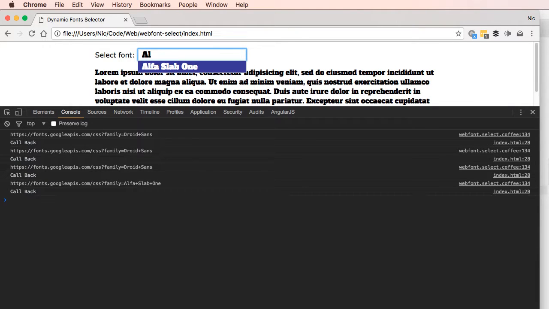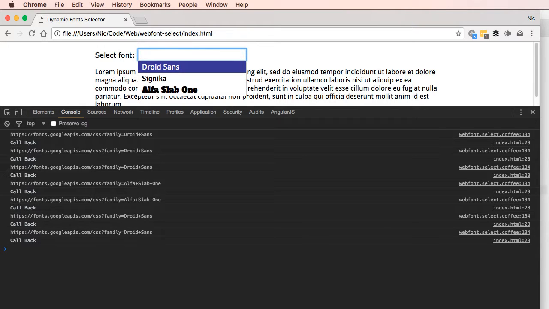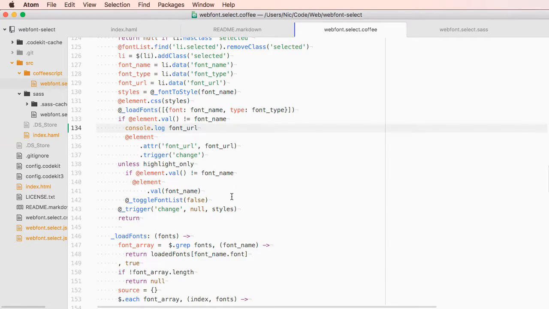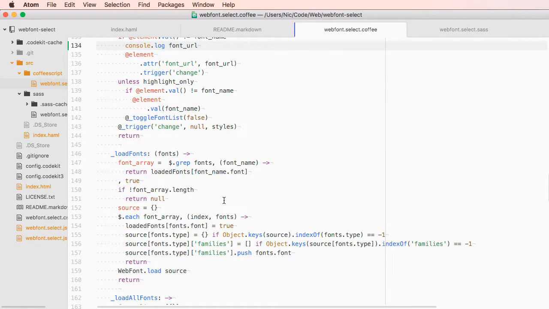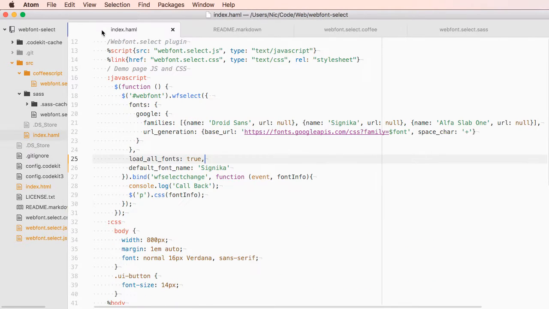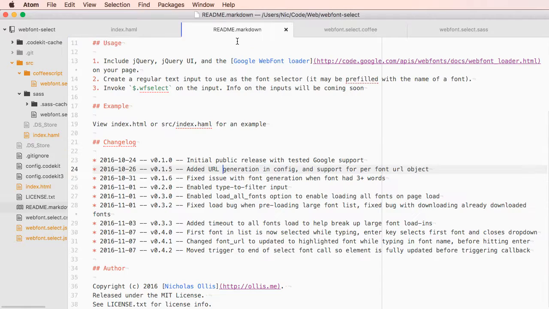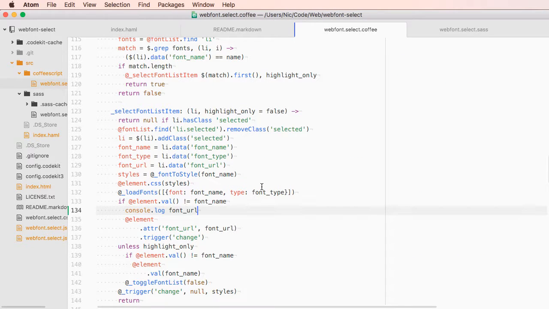So we see we have that one going, and then if I go boop, boop, boop, nothing's coming through. That's because it doesn't call, because the font name, I have another console log in here I'm not supposed to. Or is that my Haml? Yeah, I got a console log there. We can get rid of that. We don't need that firing off. Okay, so if value is not font name,